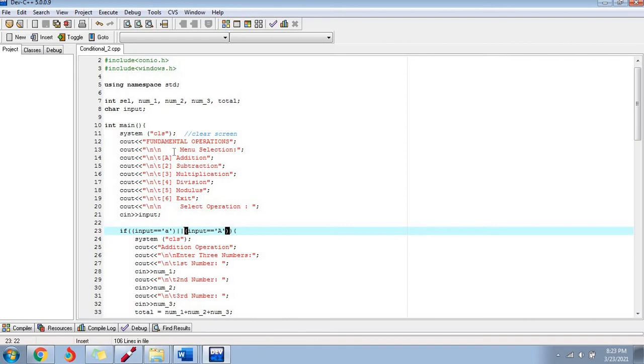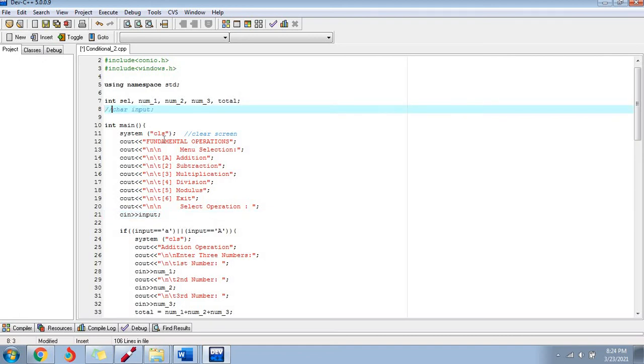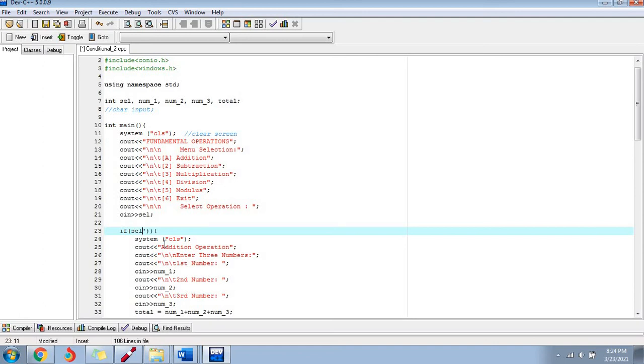Now what if, okay, what I have said is the use of the switch case. So what we're going to do is I'm just going to replace your if else with switch case. Okay, so again we're going to use cell. Balik lang tag cell. So this one will be cell. Okay, and then I'm just going to return this one to cell. Okay, cell is equals to